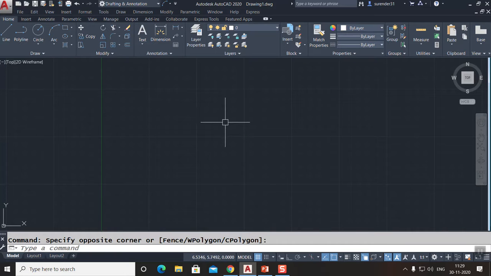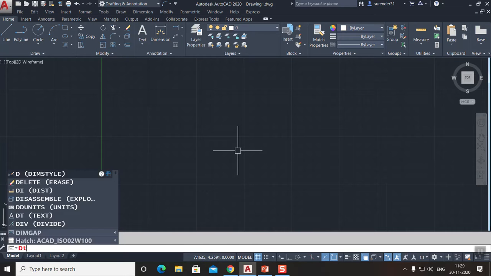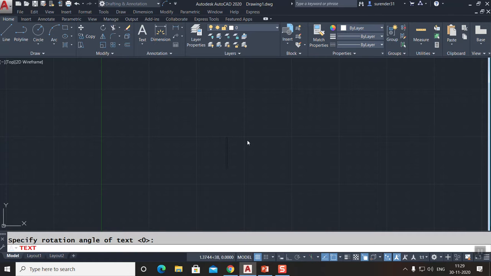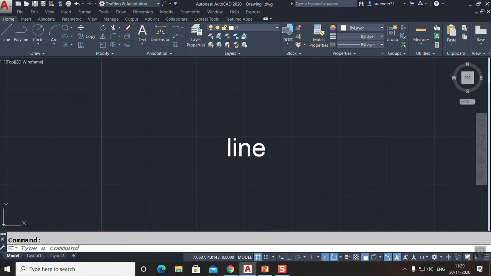And the insertion OSNAP mode works only for text, and also for block objects. I'll explain the insertion OSNAP mode with a text object. So I'll just type text. In the coming videos you can find out how to use the text command and all, but for the moment I'll just show you how to use the insertion OSNAP mode. The insertion OSNAP mode will help you locate the insertion point of the text, that is the justification point of the text.